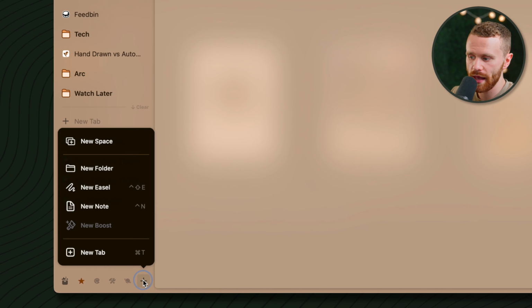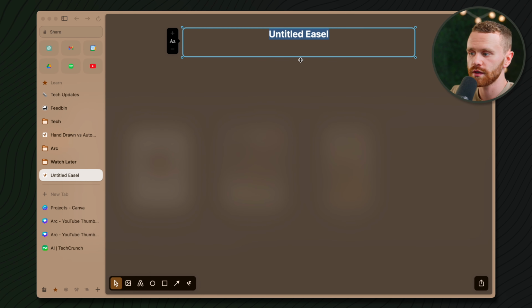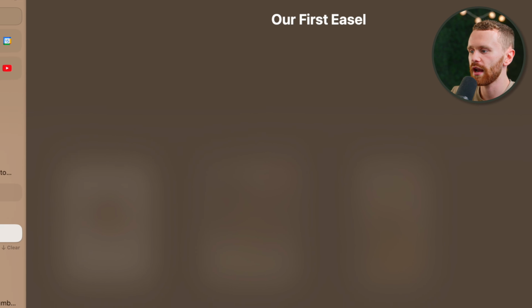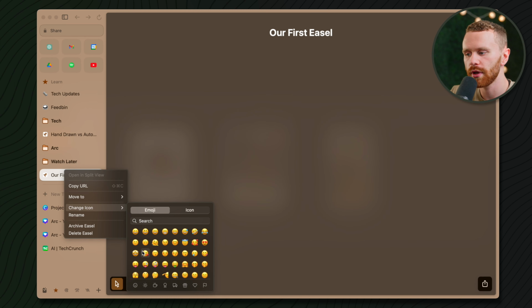Let's start, of course, by making an easel. If we go down here to the plus sign and hit new easel, we are good to go. And we can give it a name. We can say our first easel, and the name will change both up here and down here. And if we right click it, we can add an icon to give it a little bit of a personal